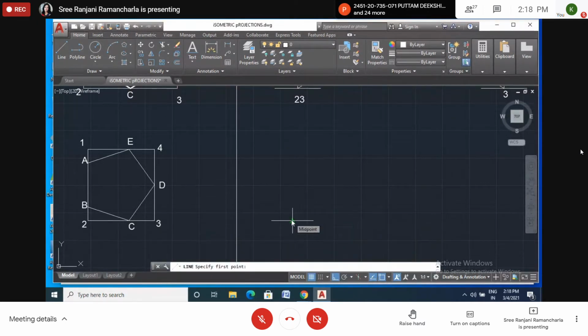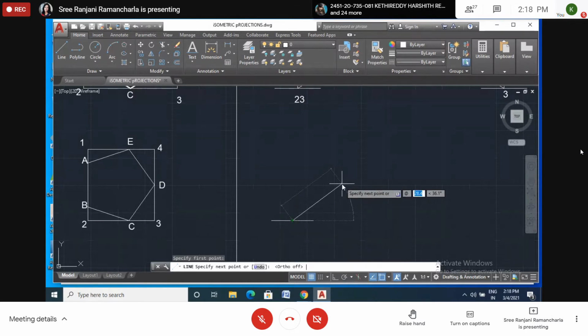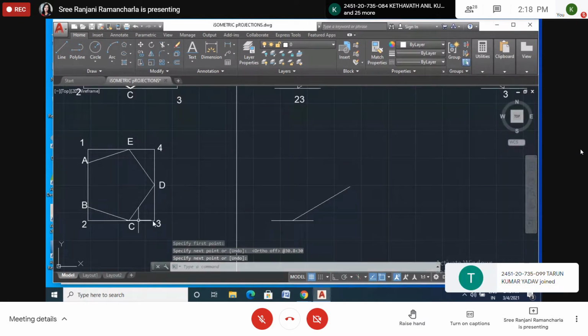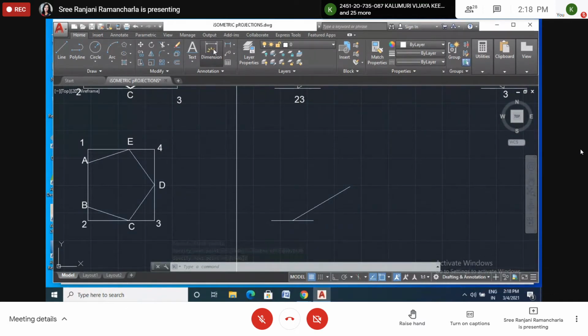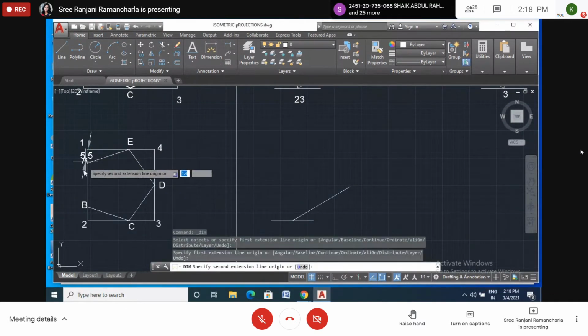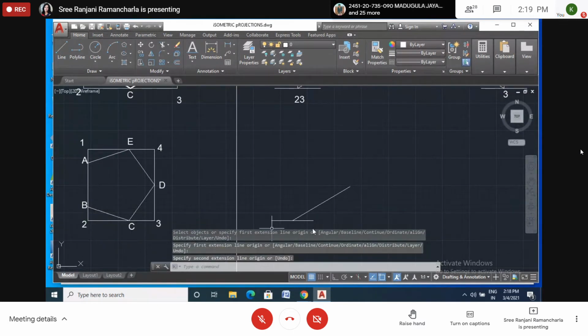So line 30.8. Where should I draw? I have to draw on the right side. So at the rate 30.8, less than 30 degrees. Okay, now I got this line. Okay, now I have to draw this line. So measure this line. We don't know the exact length, so we will measure this one. 32.4. So from here 32.4.